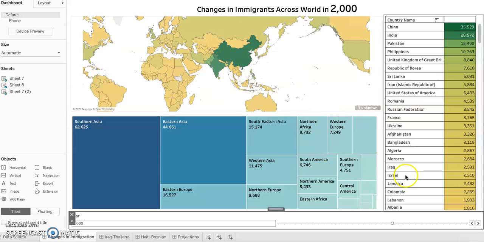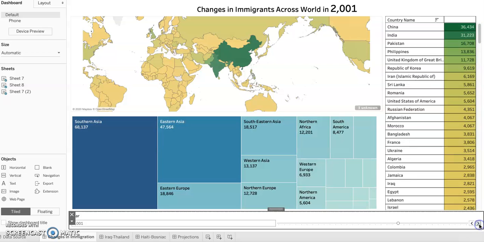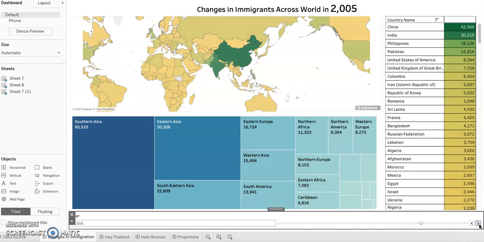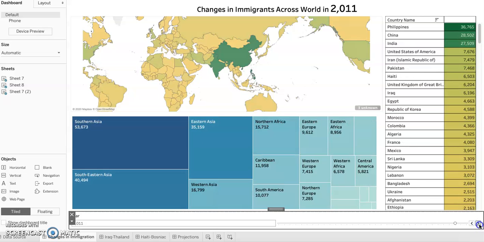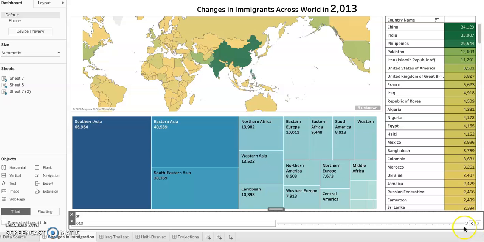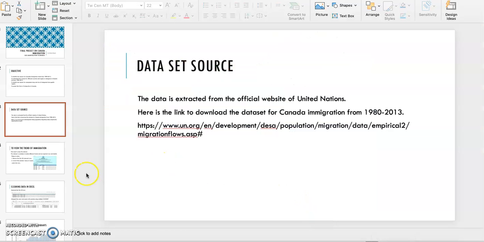In the chart as well as in the world map, we can see that by 2000 the maximum number of immigrants are from China, India, and Pakistan, that is Southern Asian countries. And this dominance is very much clear in the years from 2000 till 2013. Here is our chart that basically shows this. Now, what is the reason that initially European countries were more interested, but now these South Asian countries are more interested? The reason lies in the fact that